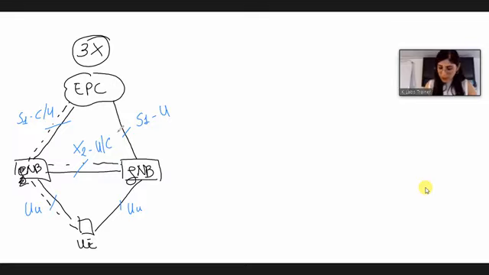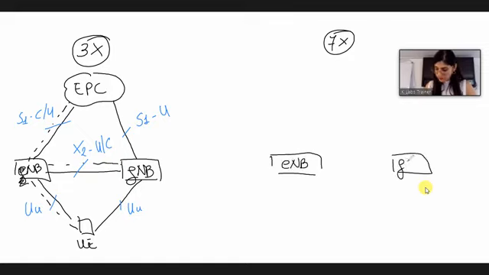If we look at option 7, for example option 7X, we said the structure is basically the same, but we have the 5G core network, which is the next generation core.